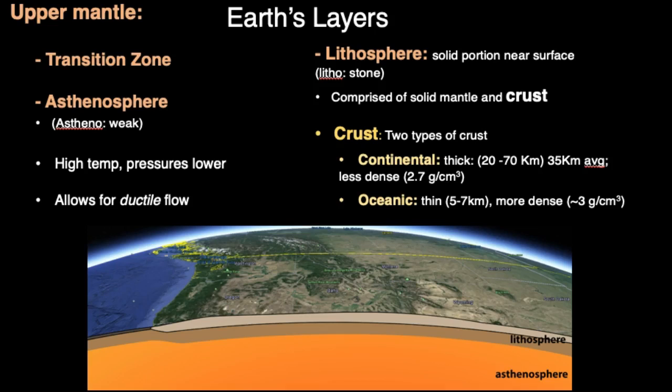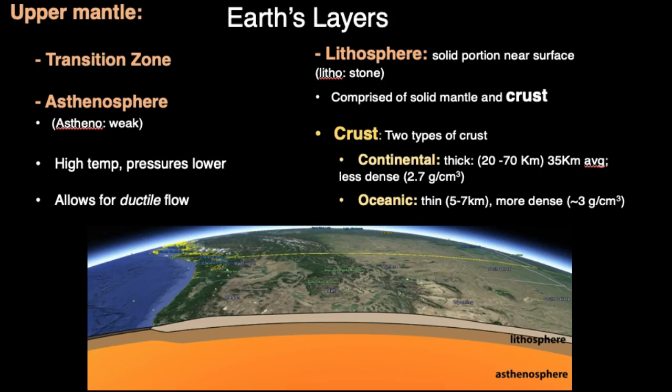Okay, so I said the mantle extended over 2,900 kilometers, the lower mantle being from 2,900 to 660 kilometers depth. Above the lower mantle, we have the upper mantle. So the upper mantle extends from the mantle and crust boundary until about, again, 660 kilometers depth. The transition zone is the bottommost part of the upper mantle, and it extends from 660 kilometers depth to about